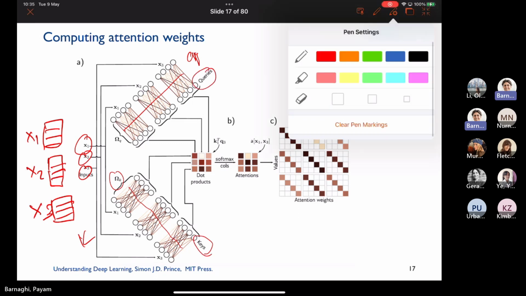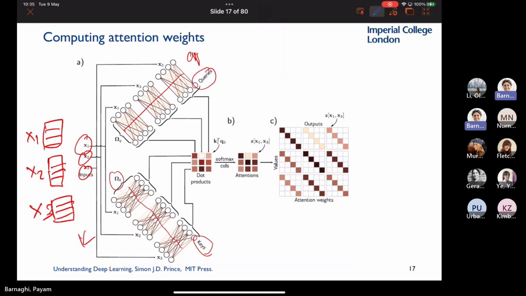I might choose other colors as well. Key values here. And then we do a dot product. You apply the first one to the first one, you get this value. Just a dot product of two vectors. If this was your query and this was your key, I just showed one transpose. You just multiply them, you get one value. And you put that value, that will become the attention value.